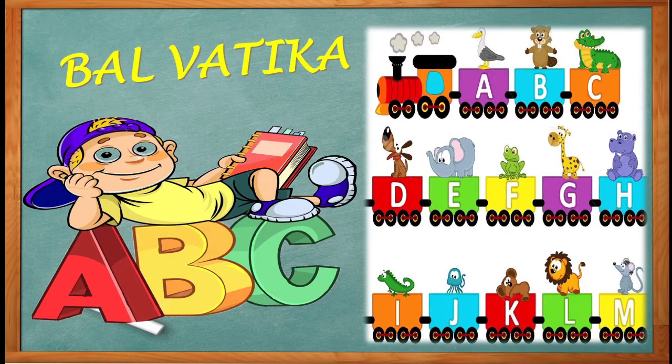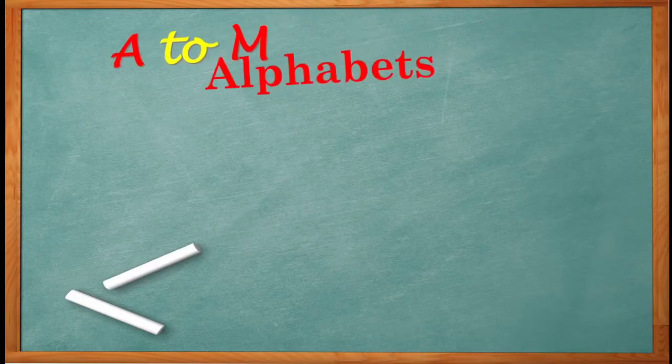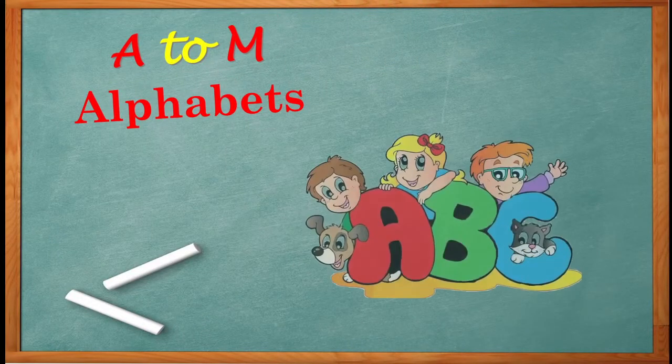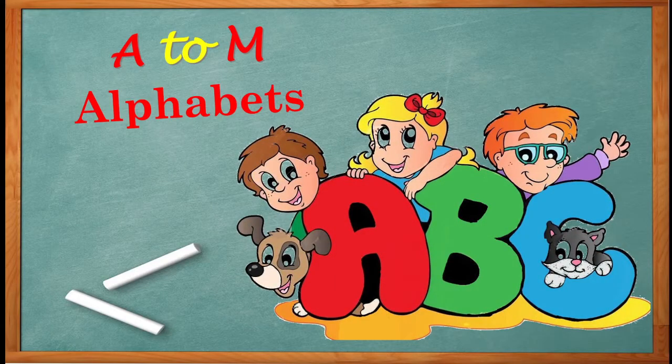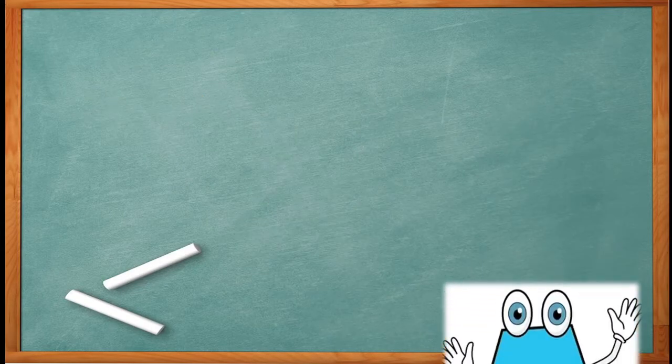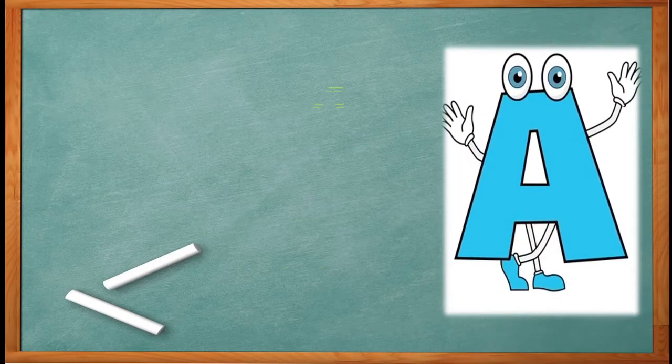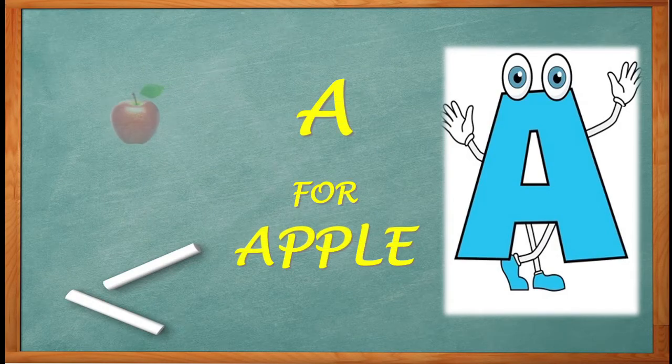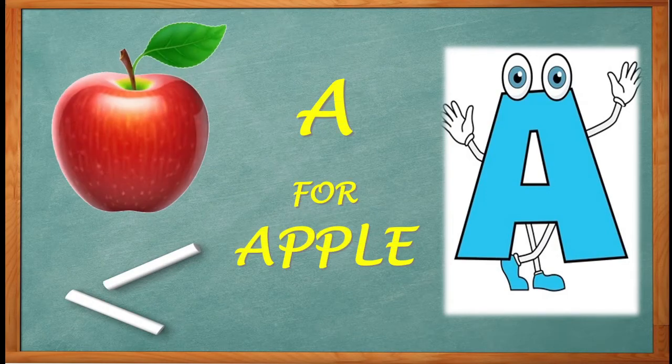You know which alphabets? A to M. Which alphabets? A to M. Okay, shall we start? Yes. Oh, it's A. A for apple. Red apple. Apple. Then next